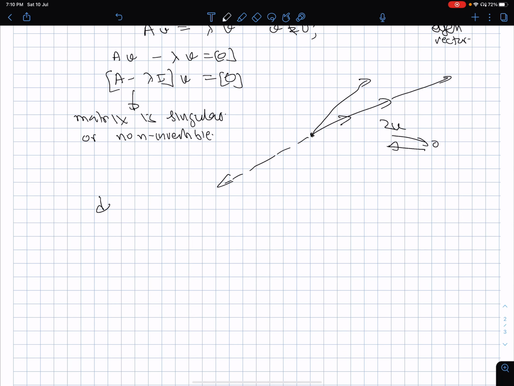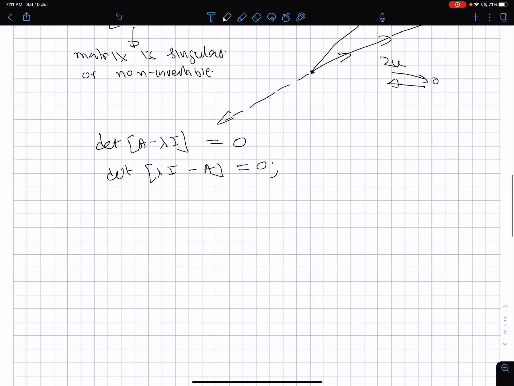And usually when this happens, when a square matrix is not invertible, we know that its determinant has to be 0. So a common way of checking this is that the determinant of minus A is also going to be 0. To compute eigenvalues for 2 by 2 and 3 by 3 examples, this approach does not scale up in terms of efficiency for large matrices, but otherwise to calculate eigenvalues, we take the determinant of lambda I minus A.